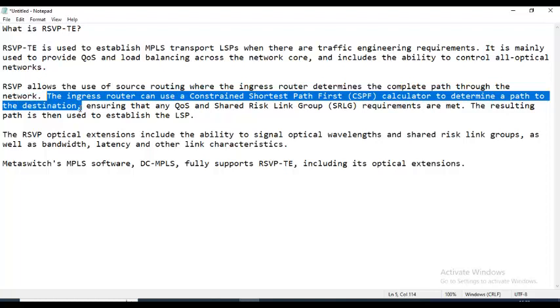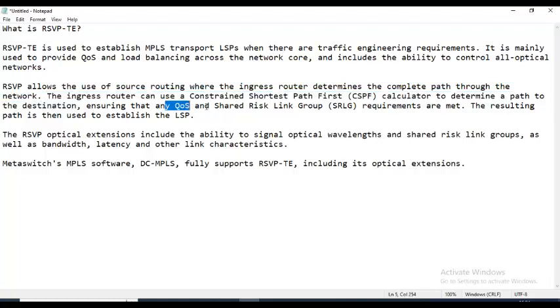Okay, now you see how RSVP gets the visibility by copying the database from a link state routing protocol. We call it constrained shortest path first. That is used to calculate and determine the path to the destination. Next, ensure that any QoS and shared risk link group requirements are met, meaning